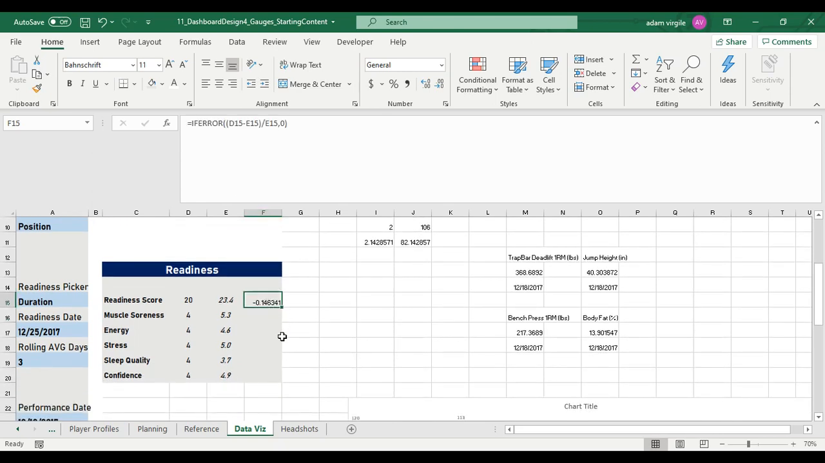Now I have a value. This would indicate, if I make this a percentage just to show, that this readiness score is 14.63% below the position average on this day. Okay, that's fine. I'm going to copy this, and I'm going to highlight all these cells, and I'm going to